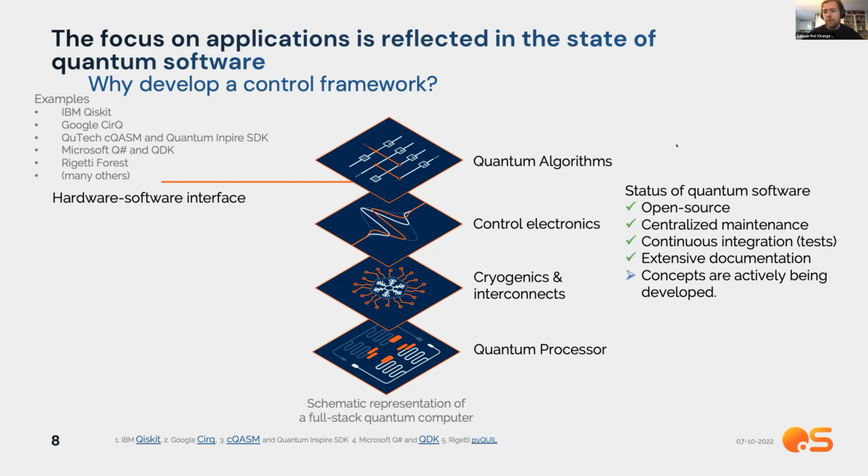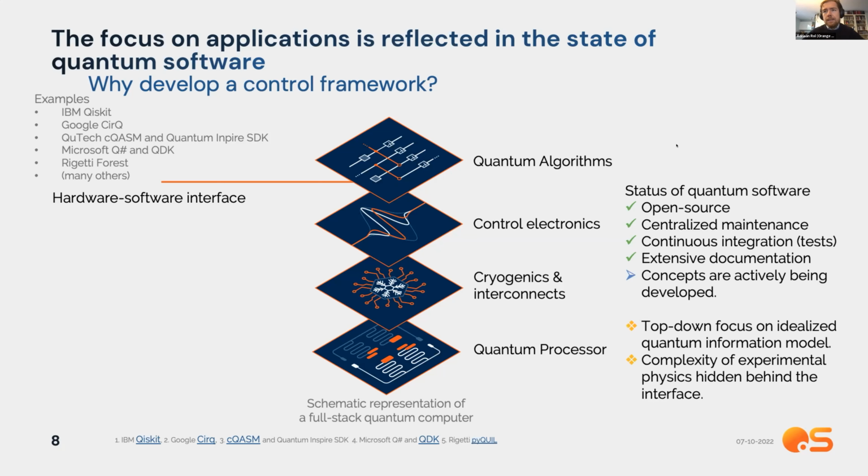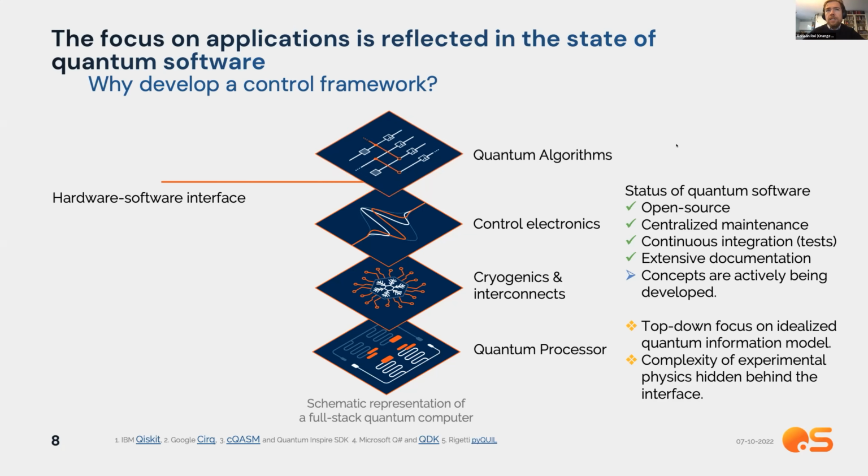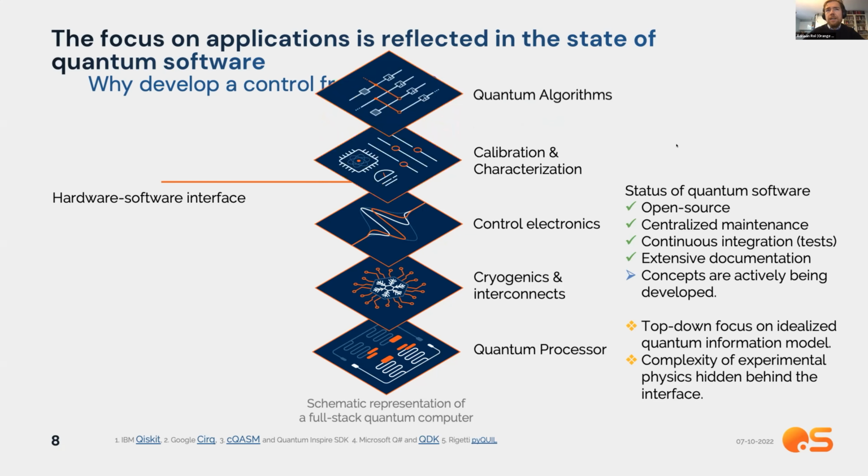But if we're looking at what we're trying to do when we're making this hardware, we'll realize that there's something missing. This is pretty much a top-down focus, and all the complexity of the experimental physics is hidden behind the interface. It's treated as a detail of the control electronics. What I'd like to point out here is that we're missing a layer. And this is the layer where experimental physics takes place. That's the layer where some tools are missing. Because the tools either assume you're going to be programming an FPGA directly, or they go to the high-level abstraction where you lose all the power.